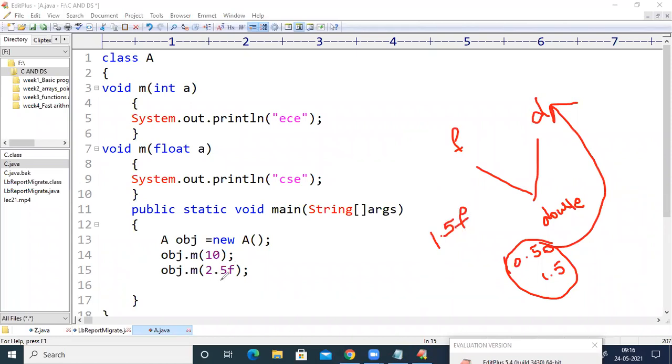So here 2.5f means we are giving a floating point value. If we don't maintain this f at the end, 2.5 will be considered as double data type by the Java compiler. So in order to intimate the Java compiler that we are going to give a floating point value, we need to append f at the end of the value, right?